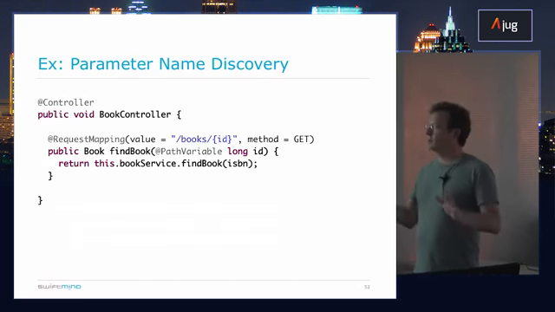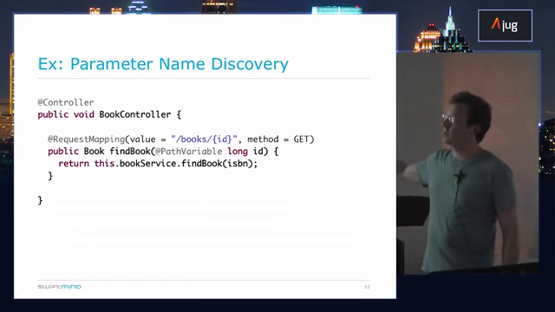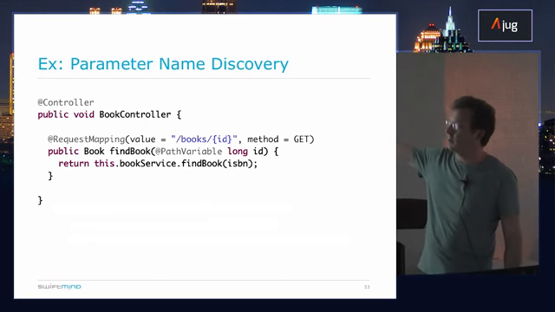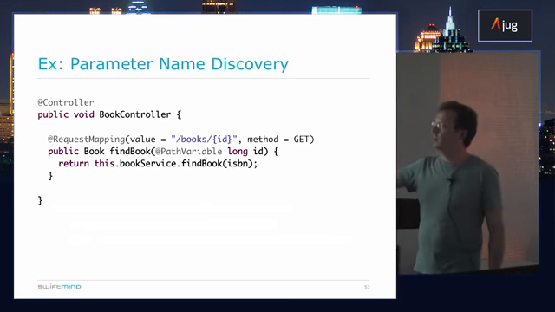So that all seems a bit Greek or bizarre. Let's look at a concrete example. Here we have a Spring MVC controller class. We have a method here, @RequestMapping method findBook with this @PathVariable. If you're not familiar with that, what that does is it